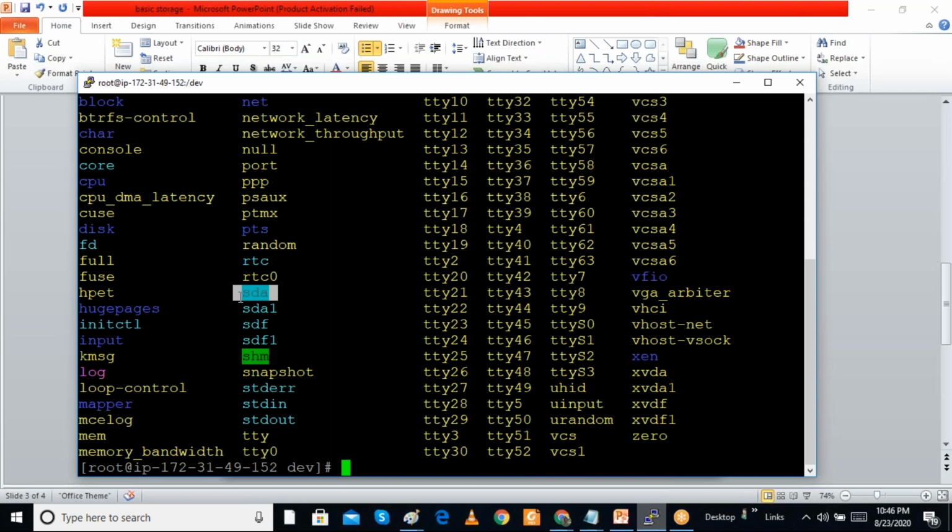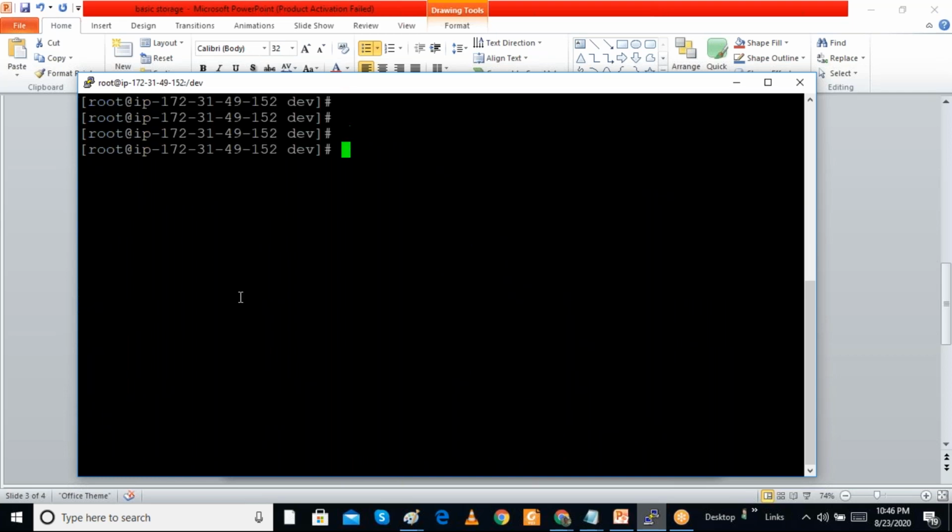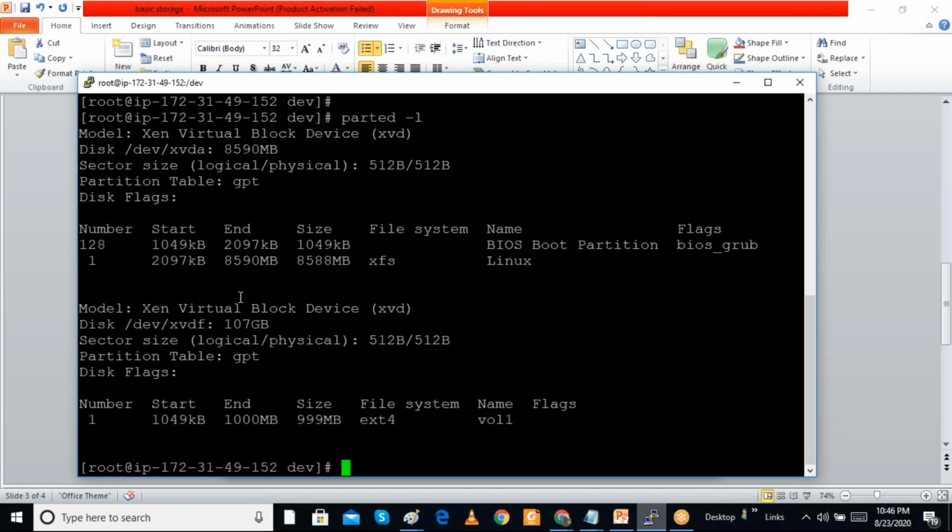Now we are using a program for creating partitions. The partitioning program is parted. We have different utilities, and we are using parted, fdisk and others. parted -l will show the listing. xvda is the first hard disk, xvdf is the second hard disk. In my system, on the first hard disk I installed the operating system, and the second hard disk I am going to use as a data disk.